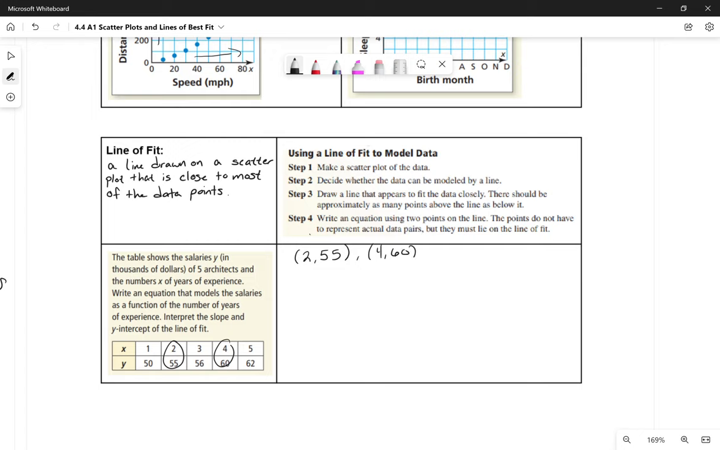And since we can see there's a positive relationship between the number of years worked and salary, we're going to be able to predict it has a positive correlation. Therefore, it has a positive slope. So, we're going to find the slope with our chosen data points. So we're going to find that,